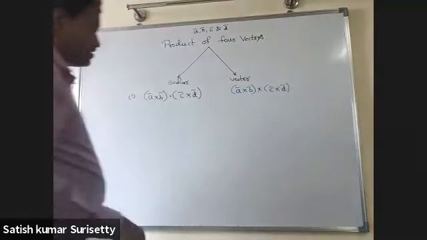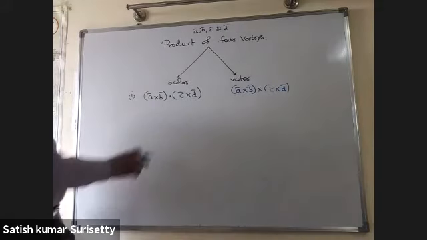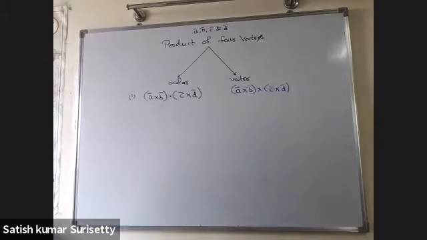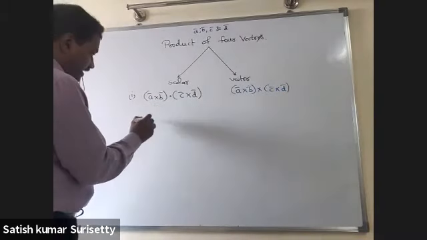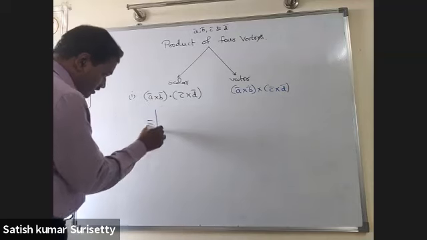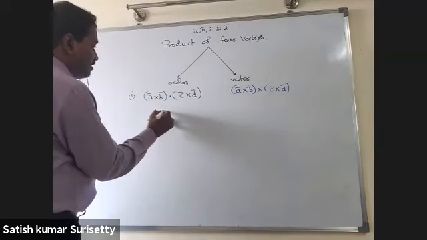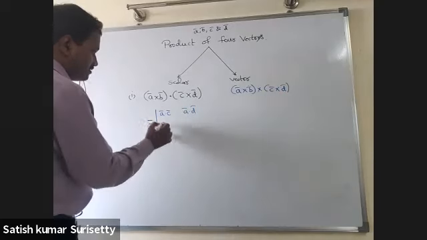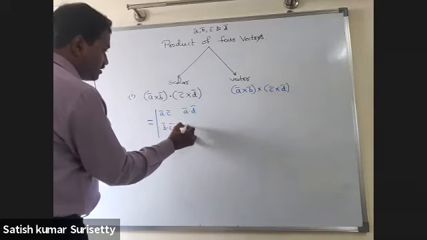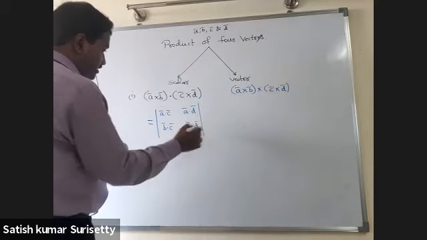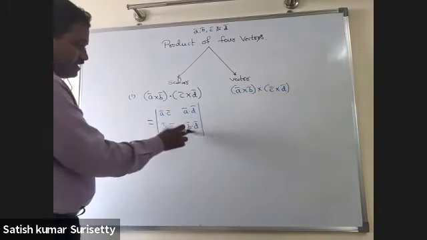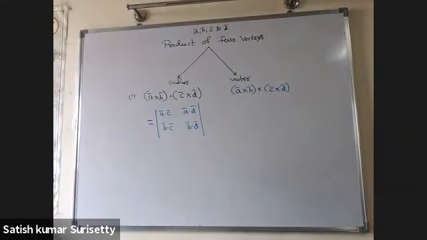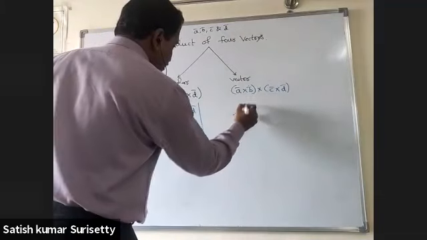We have written one possibility in which the result is a scalar, and one in which the result is a vector. You can have several ways to express also. Now, this you can derive as a 2 by 2 determinant: A bar dot C bar, A bar dot D bar, B bar dot C bar, B bar dot D bar. That is, if I expand, it will be A dot C into B dot D minus B dot C into A dot D.